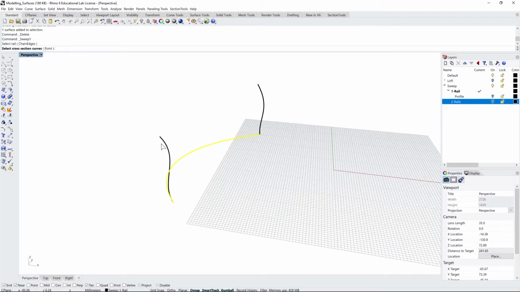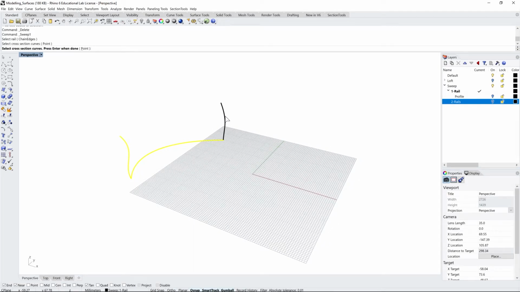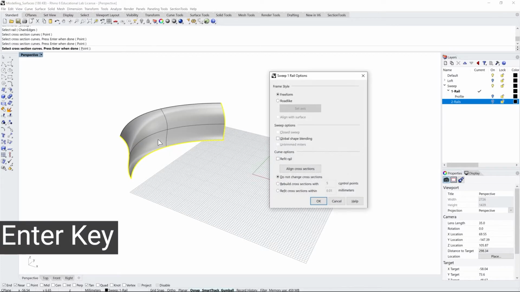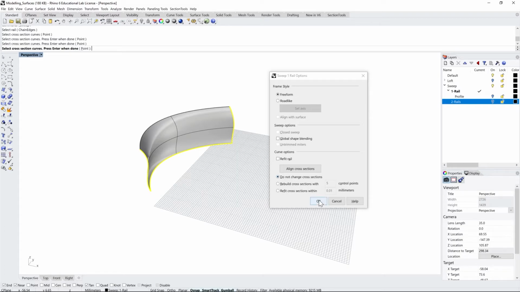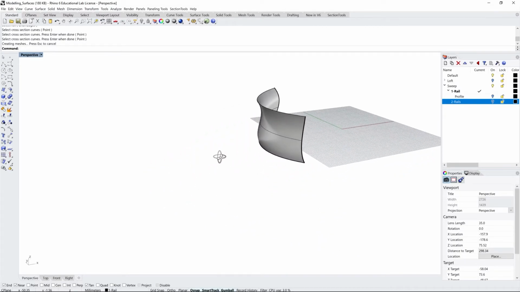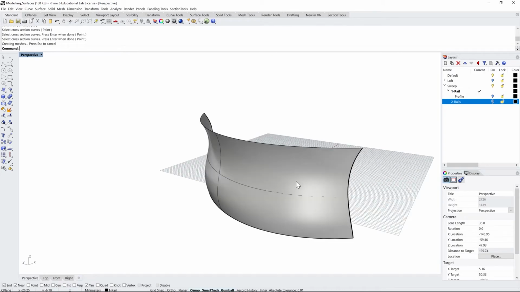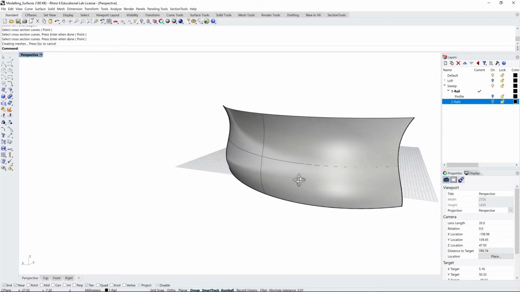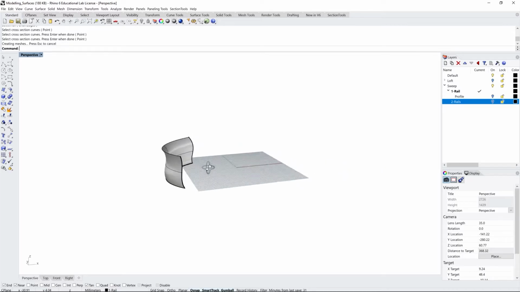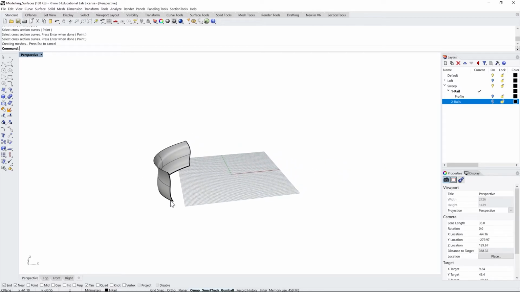And now it's asking for a cross section curve. This is our two vertical lines. So once you are done with it, we can just press enter and the surface will be generated. So you can see that the surface is pretty clean, and it perfectly matches with our rail boundaries. Let's delete this, and let's see